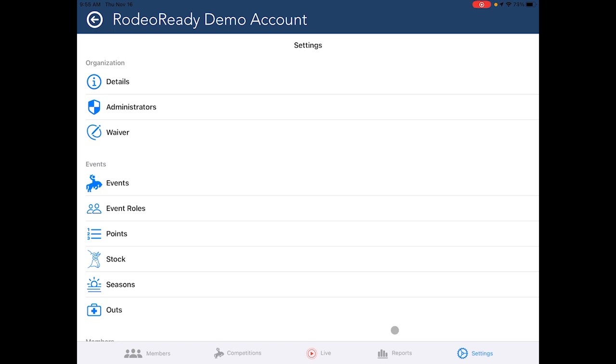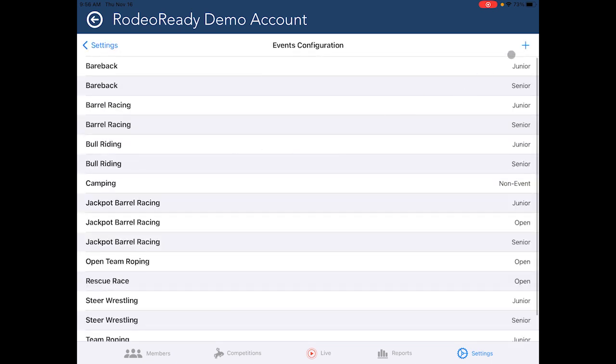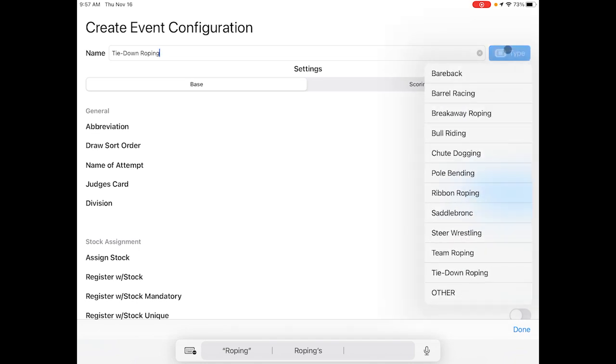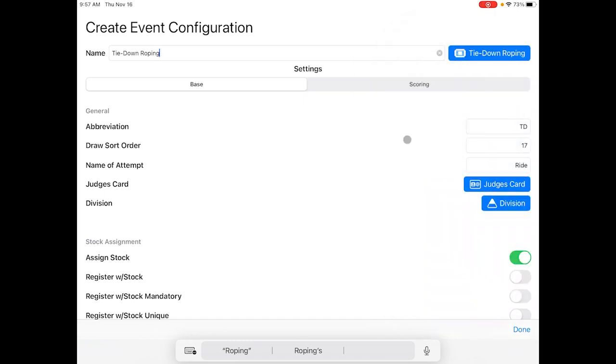While in the administration mode for your organization, tap the Setup icon, then tap the Events button. Tap the plus button to begin creating a new event configuration. We will name this tie-down roping, then choose the matching event type. If you do not see the same event type as your event, then you would choose Other. In this case, we will choose one of the pre-configurations, and that sets some of the default event settings to